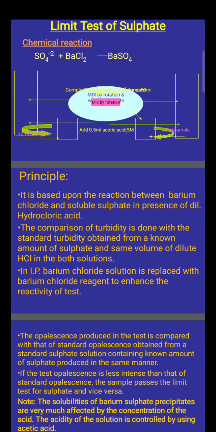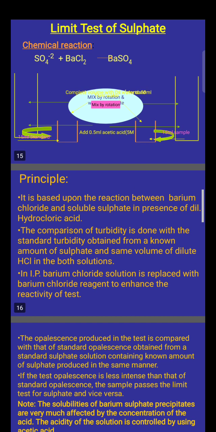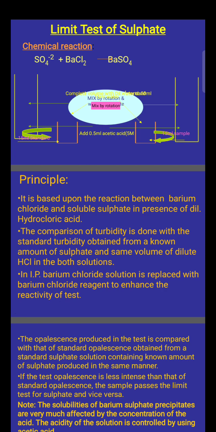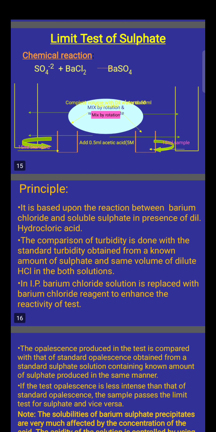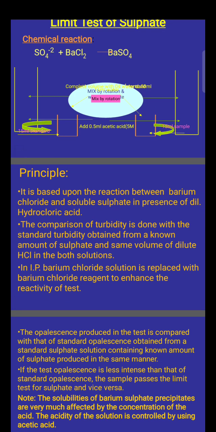As the name suggests, it is a limit test of sulfate. That means sulfate impurity, SO4 minus, that we have to identify in the unknown sample. And the sample for testing we have taken is again sodium bicarbonate. Same procedure is here. Two Nessler cylinders are required having 50 mm in diameter. So in both of these Nessler cylinders we can add equal amount of solutions which are required to react with